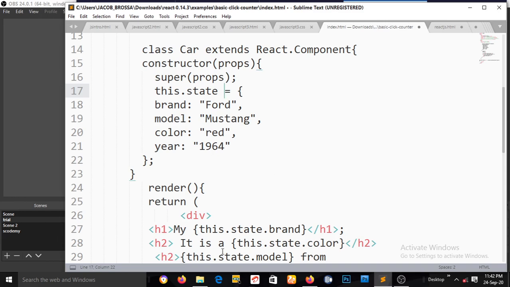So when you're using this data, how you fetch it is this.state dot the property name. The property here is model, the value is going to be Mustang. When you call this, it's going to fetch the values just like in normal JavaScript. So when I open this up in my browser, you can see here Ford, Red, Mustang,